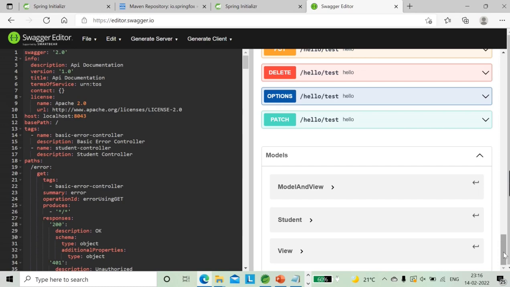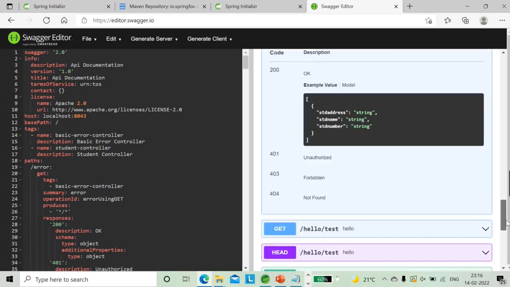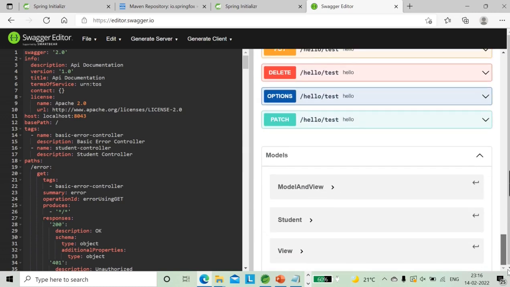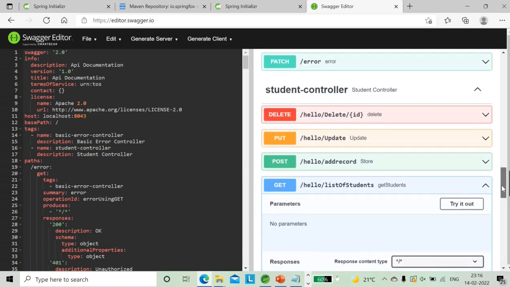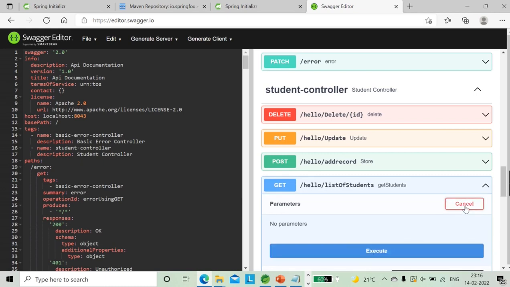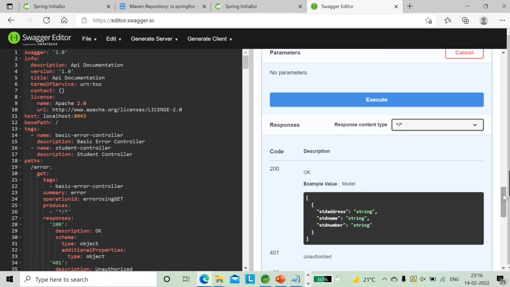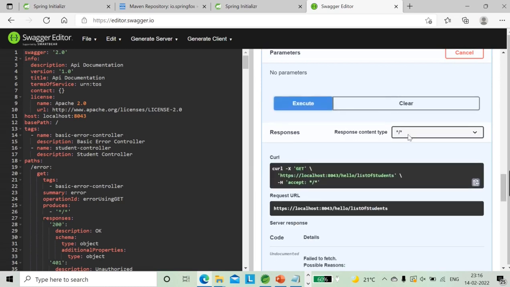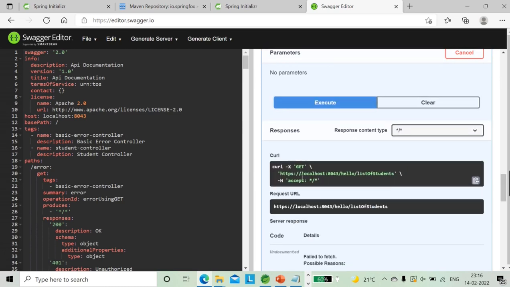Based on the Swagger document only, the consumer team is going to develop the project and they will test it. Suppose you want to test a GET, the list of students. You can click try it out, and then you can give the execution. Here you can see the execution. Then you will be able to see the HTTP localhost 8043. Since we did not give any HTTPS, we can go and hit